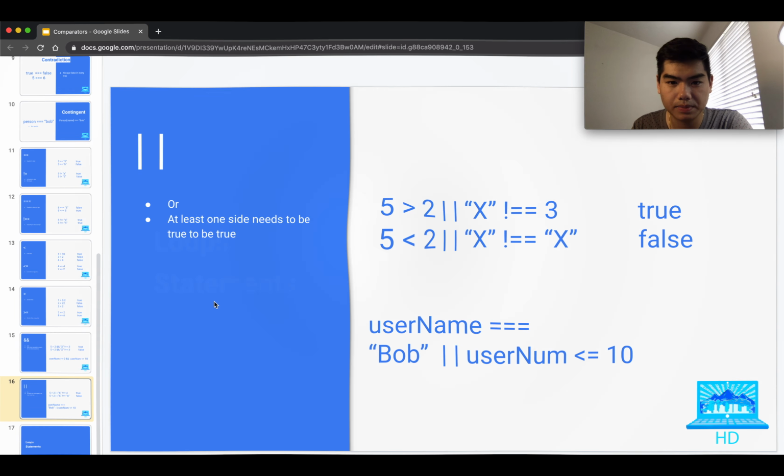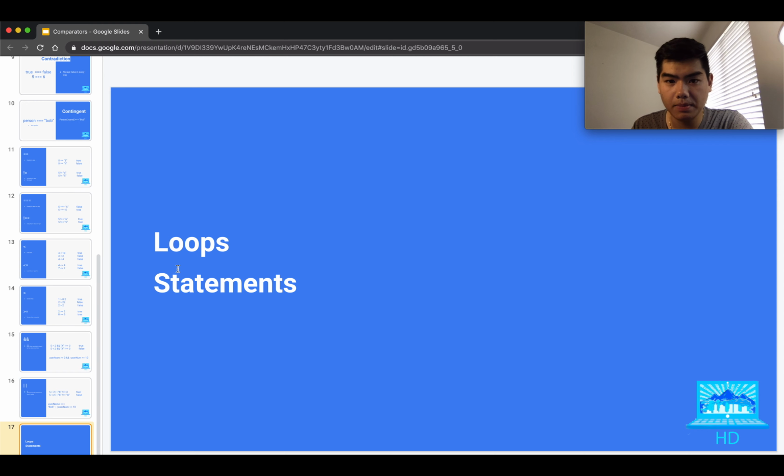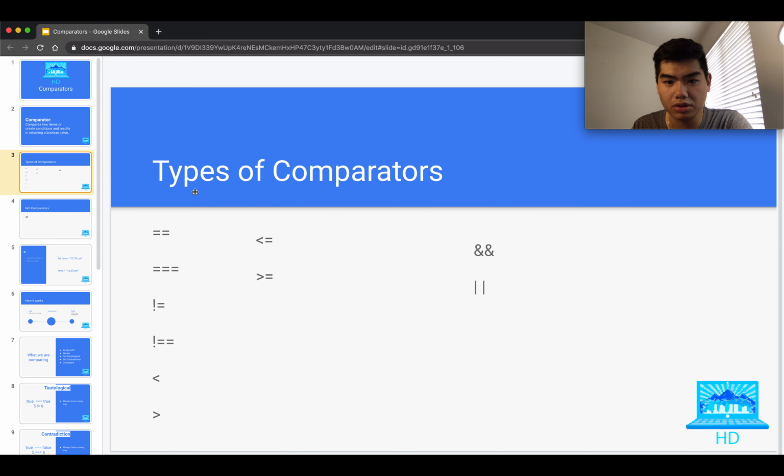In our next couple of videos, we'll be doing videos on loops as well as statements. And we'll be using comparators to help set up different types of loops and different types of statements. With those particular comparisons, we are comparing using the symbols that we learned earlier. And that will evaluate to true or false. And depending on if it is true or false, we will do some sort of logic right after, using loops as well as